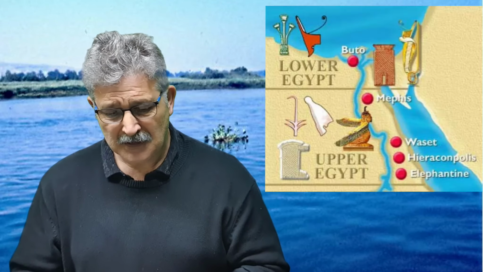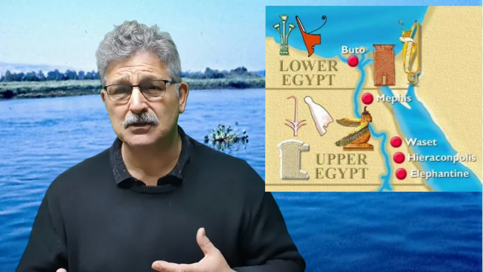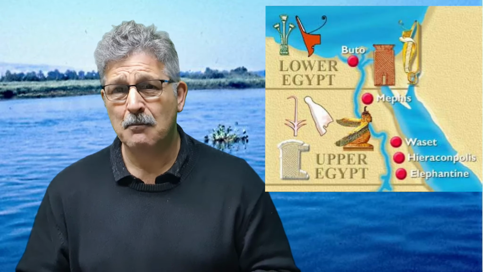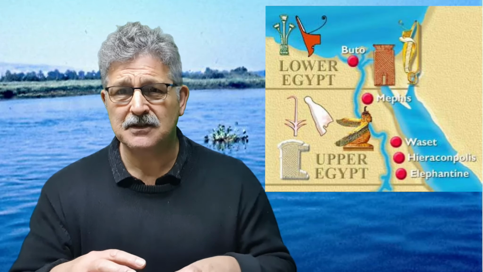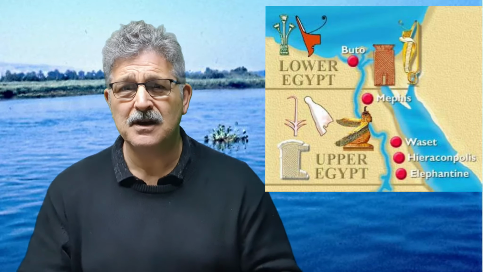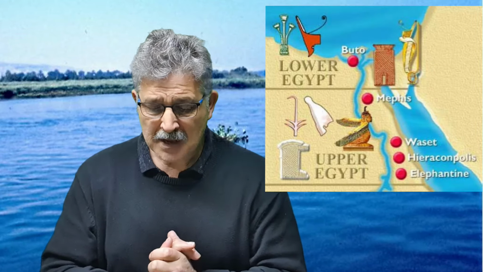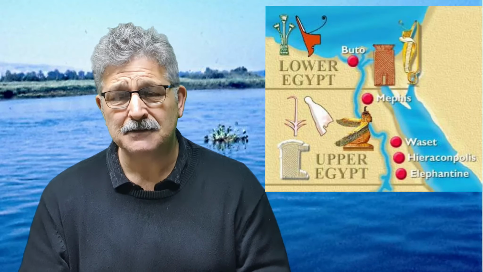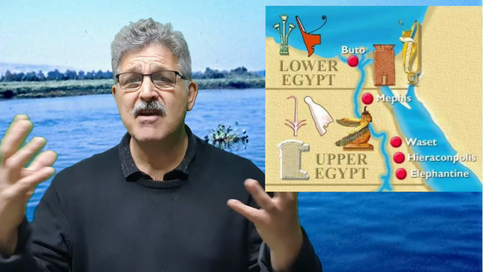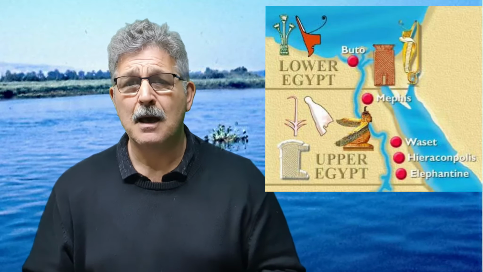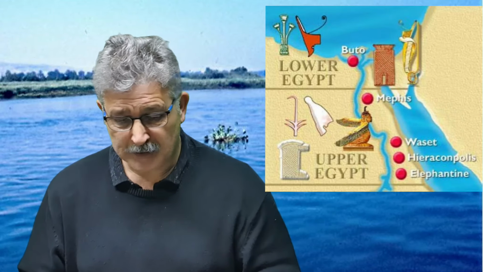Wow. He built a brand new capital in between Upper and Lower Egypt. His capital was in Upper Egypt, but he built a brand new capital, and he built it on the Nile. He diked the Nile. Part of the city was on the Nile. He wanted control over the River Nile. And this city later became known as Memphis. During the reign of Pepi II in the 6th dynasty, he renamed the city Menefer, meaning the white walled city. And we call it today Memphis.